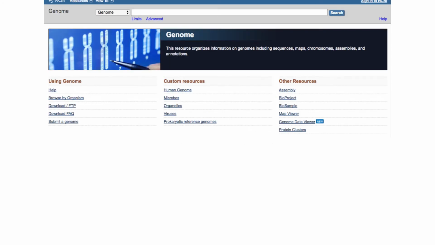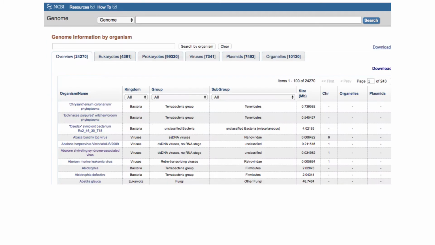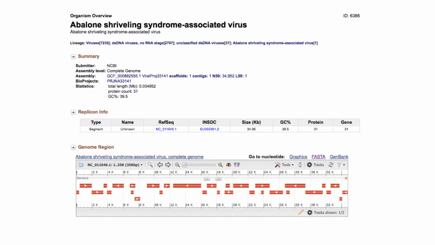Okay, but this is a genomics class, so where do we get genome-ish type data? So NCBI has Genome. You can search for any given species name you'd like. And here you can look at, there are lots of eukaryotes, prokaryotes, viruses, etc. You can take your pick of any of them that you want. And I'll pick a small one here. This is an abalone shriveling syndrome associated virus. I don't know anything about that, but I do know it's a small genome, so it's easy for us to look at right now. It is 0.03 megabases, so